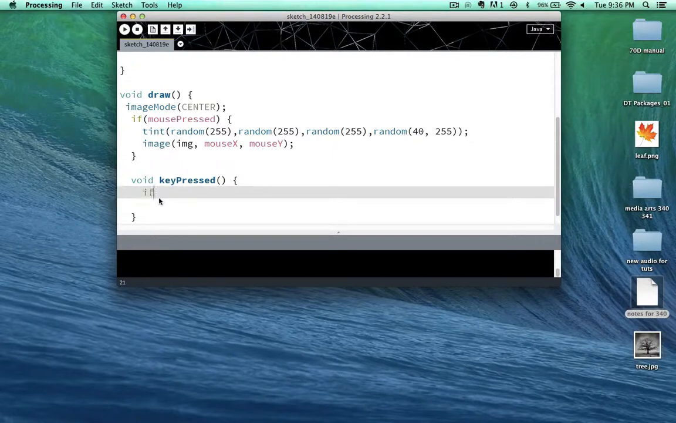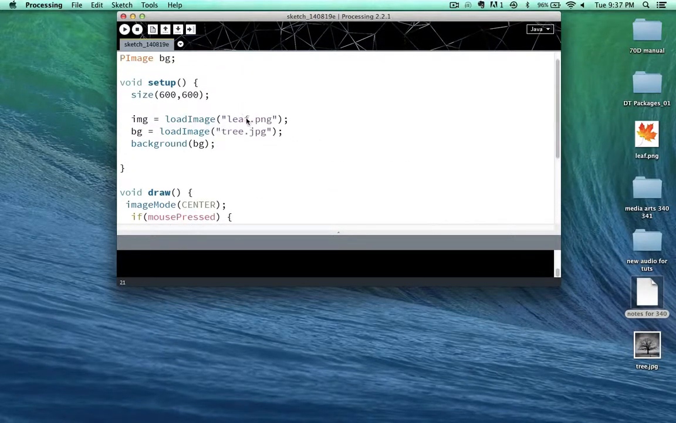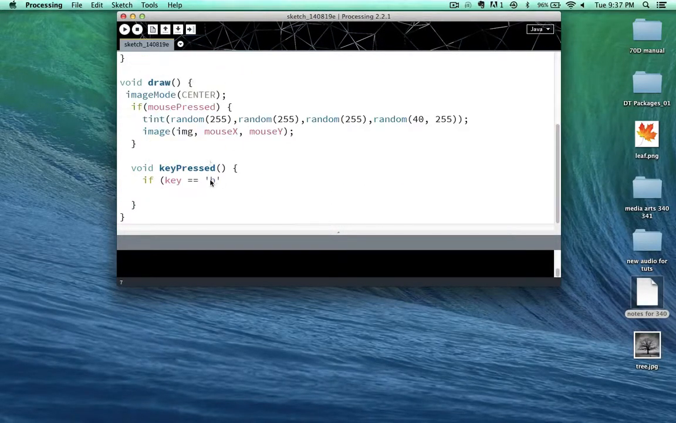With an if statement. So if, and in this case, if open parentheses key equal, you need double equals in here. Okay, so if key is, let's do B for background. Now notice I didn't use double quotation marks here like when we named files. It's just these single ones right here. Okay, all right, like so. So if the key that's